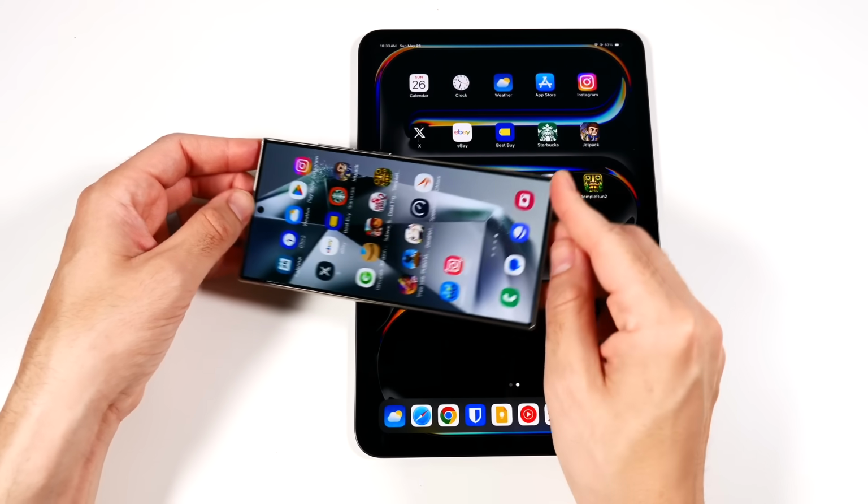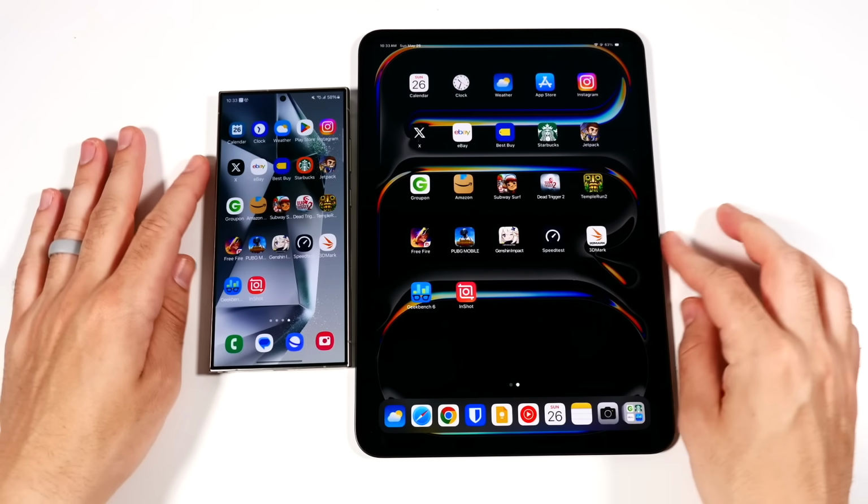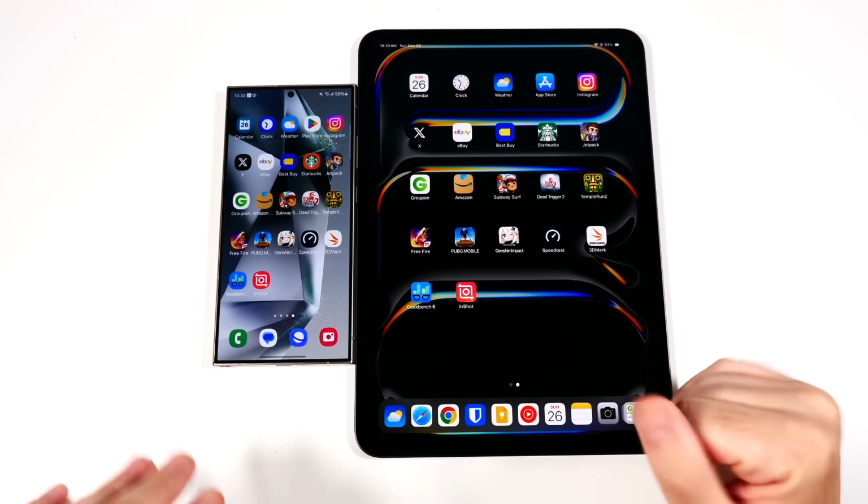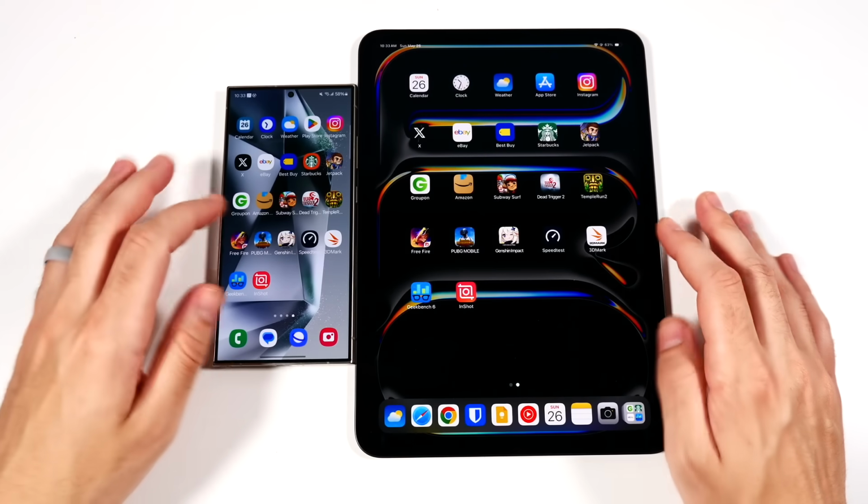The Samsung has less area to spread out the heat, so the thermals will probably be better on an iPad. If you want to do gaming, keep that in mind. And a much more expansive screen means probably a better experience, if I'm being really honest. Let's go into